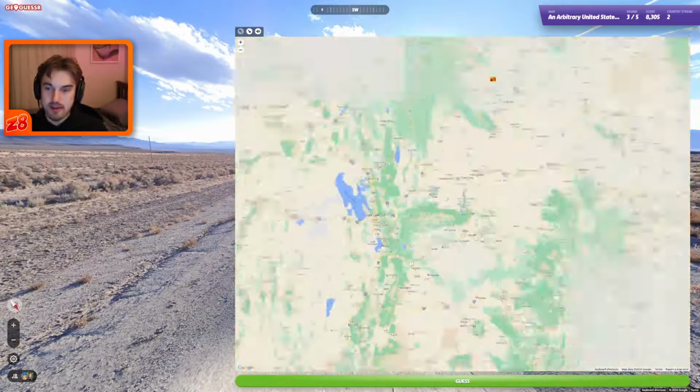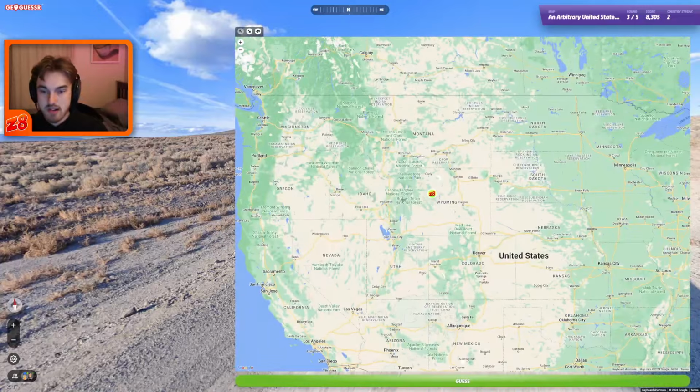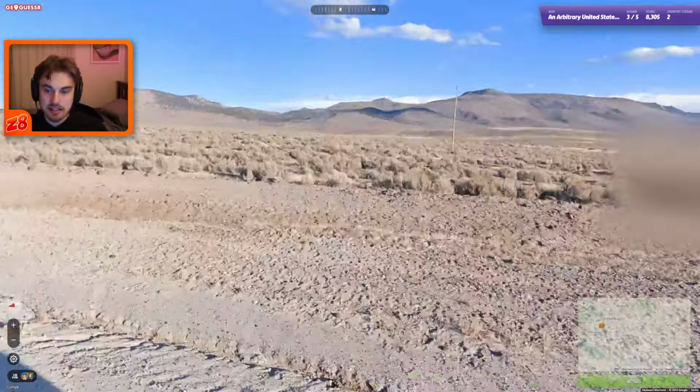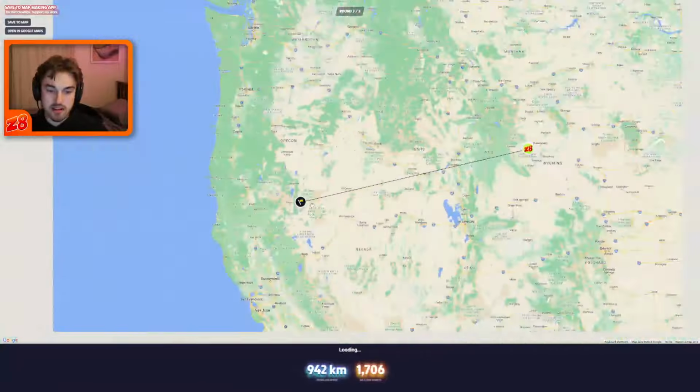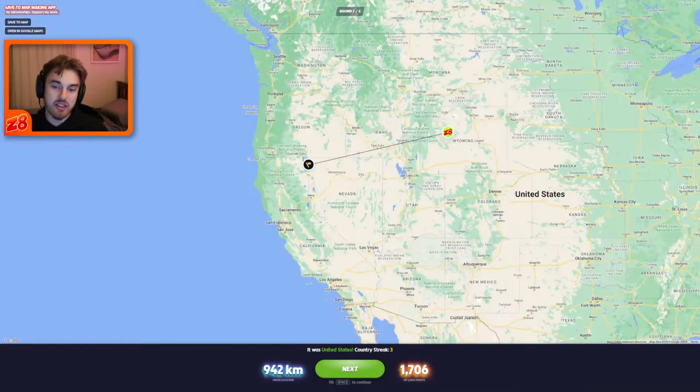So, I don't know. I mean, this lines up, so I might just try it, but I think it's going to be here or south. I don't really see it being too much further north. It doesn't look like Montana. Let's find out. And it was actually in Nevada, so it was one of the three I mentioned, but all the way on the California border,